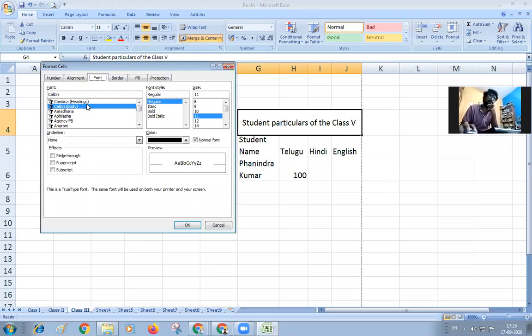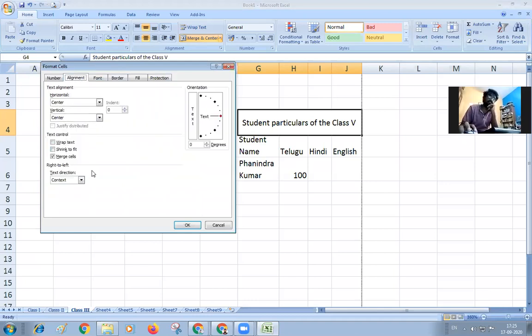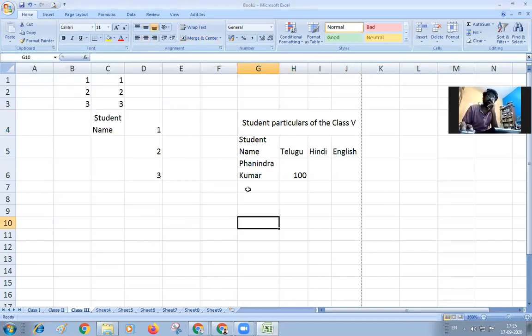And these options are available in the alignment options. We also have an option called shrink to fit, and you can use this shrink to fit also. I will be showing you the shrink to fit.